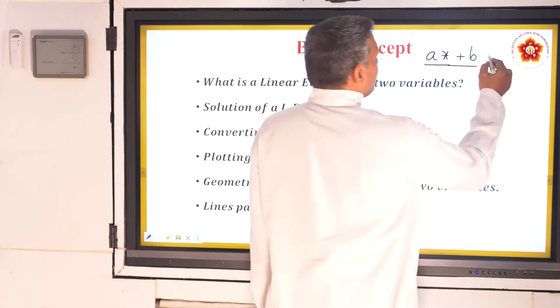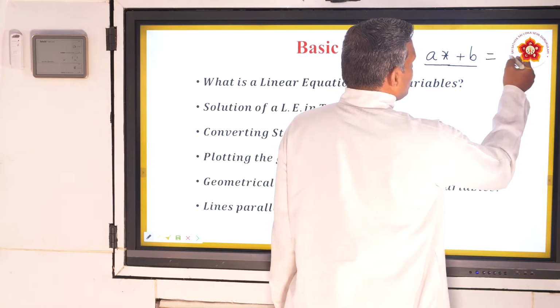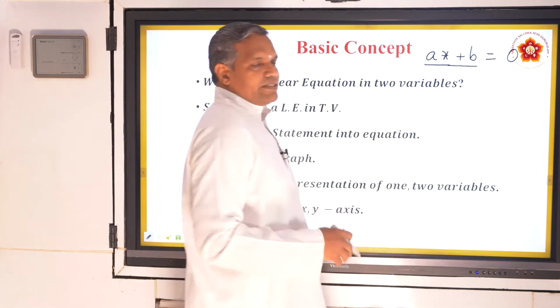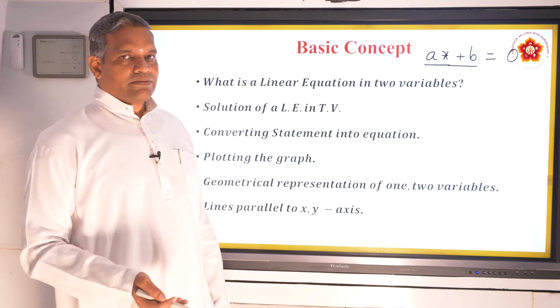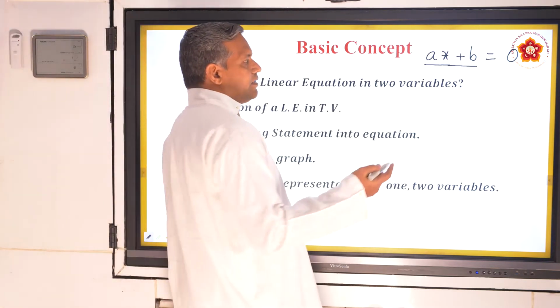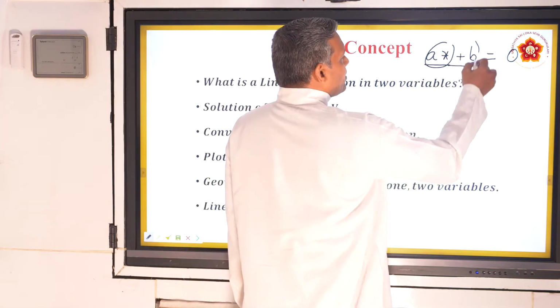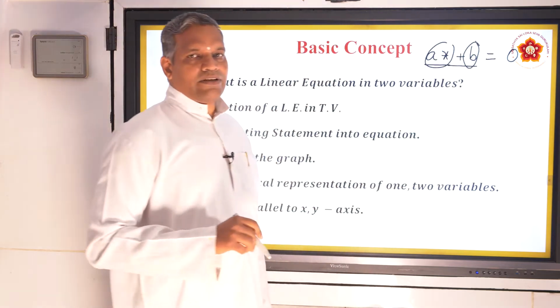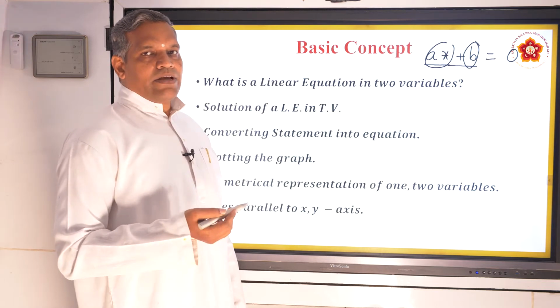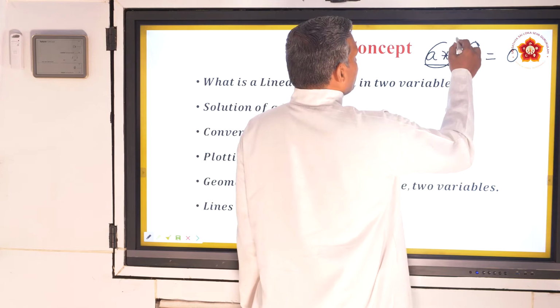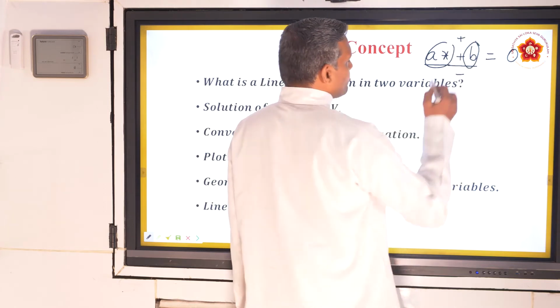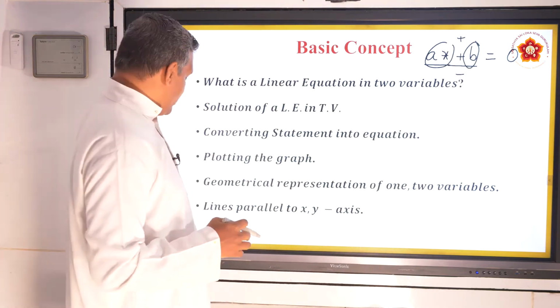And the moment you put an equal sign and equate it to 0 or any other number, 15, 16, minus 17, minus 14, then that becomes an equation. That's all, linear equation. Now, what do you call these parts? They are called terms. First term, second term. How do you identify the terms? Any term is separated by either a positive sign or a negative sign. That's how a term comes.